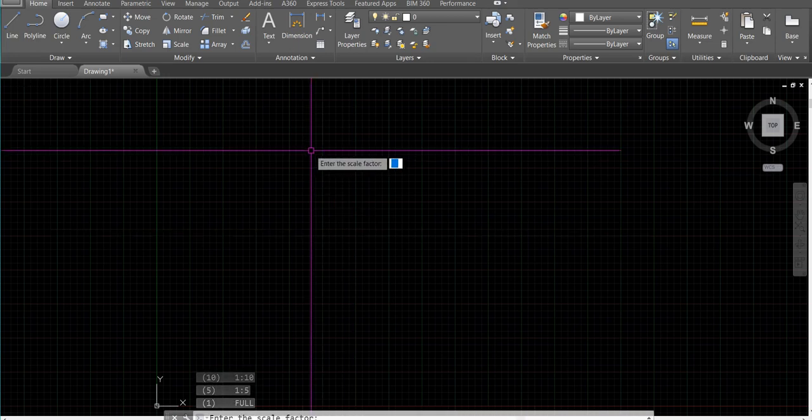In this place, you have to type the scale factor. So I want a 100 factor. So I put 100, and then I press enter. After I press enter,